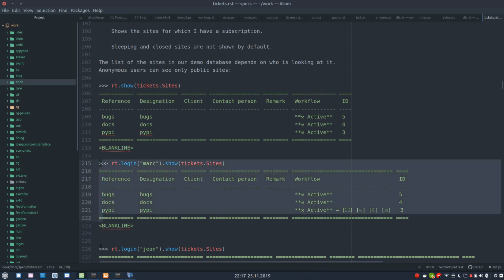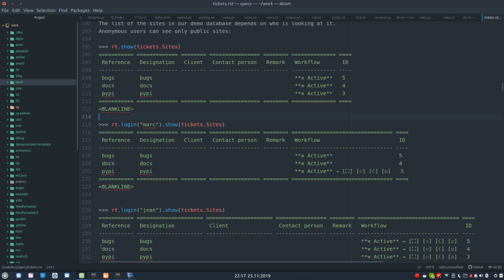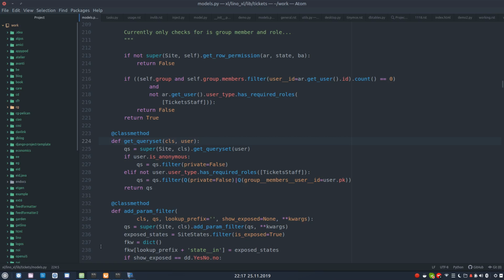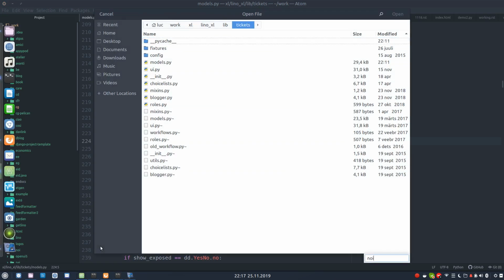I would say, to make these things more understandable, it would be nice to actually have the team column here in the sites list, wouldn't it? It would make things clearer, because the team is important for deciding which sites you see. You know what? Let's do it. It should be there. No, it's probably in. I guess that we have a customized